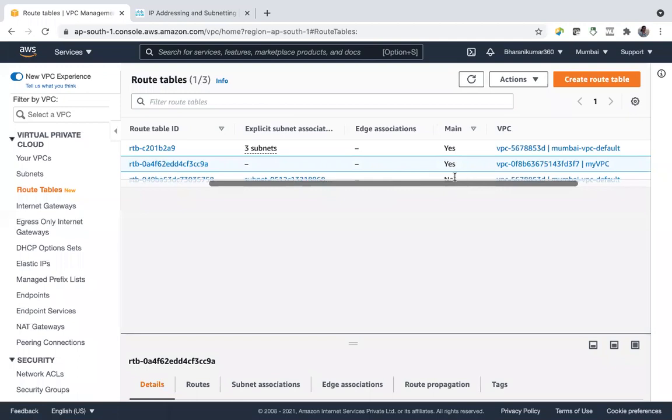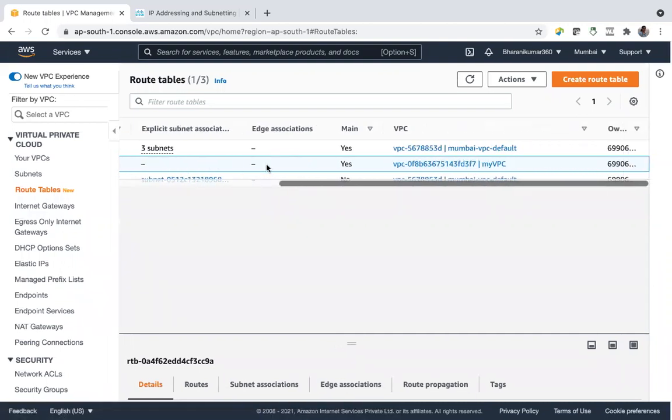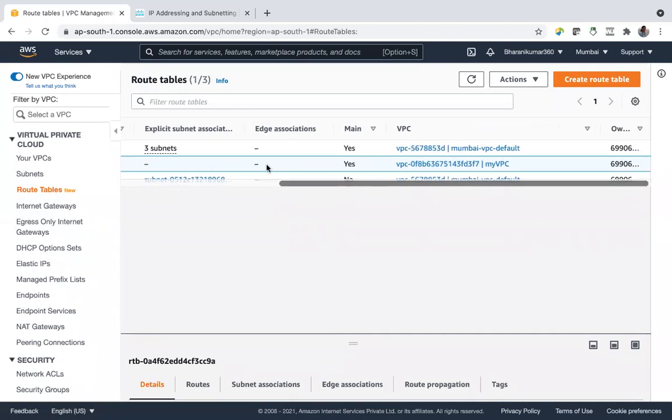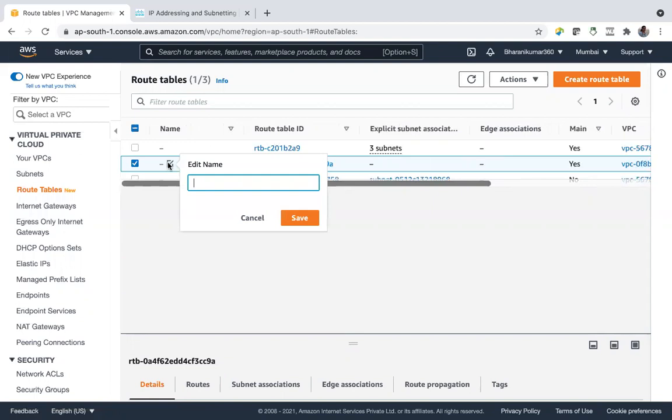This is also Mumbai's VPC, but it was created by me. This is not the default route table. This is the default route table. And this is my VPC's route table. And you can see the name, if you want, we can give one. This is my VPC route table.